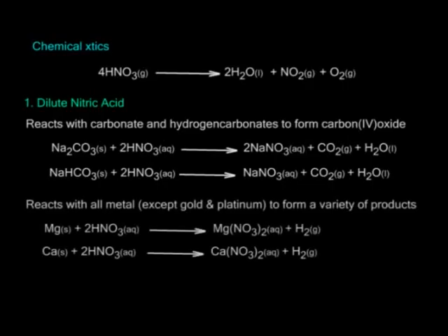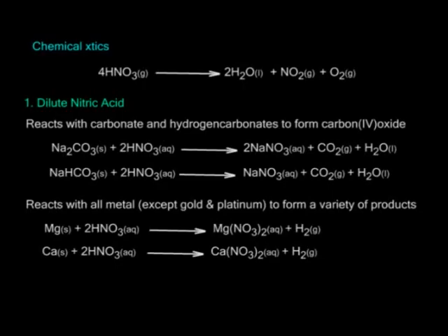Nitric acid reacts with all metals except gold and platinum. Unlike other dilute mineral acids, that is hydrochloric acid and sulfuric acid, which react with the active metals to give a salt and hydrogen gas only, nitric acid gives a variety of products. Nitric acid only gives hydrogen and a salt when the very dilute acid reacts with magnesium or calcium. The products formed with other metals depend on the concentration of the acid and the temperature.